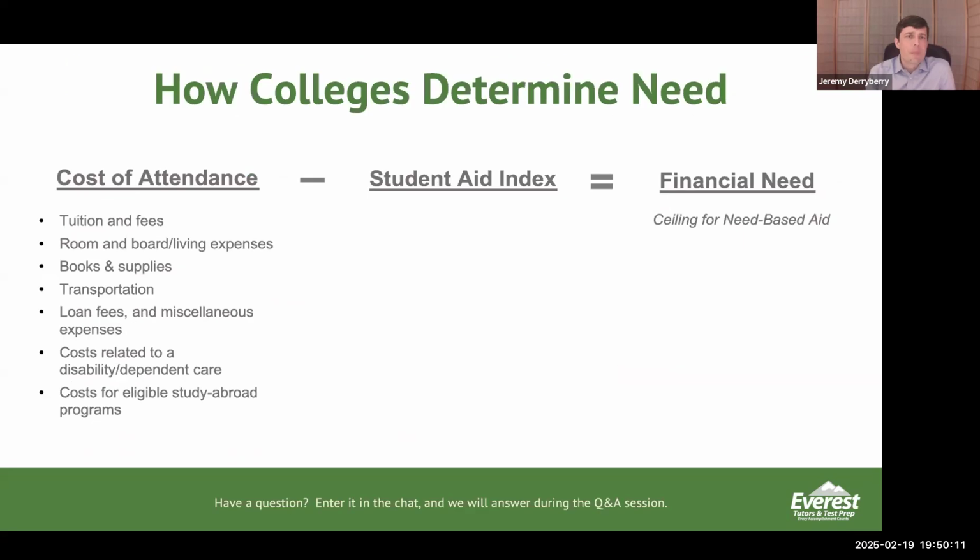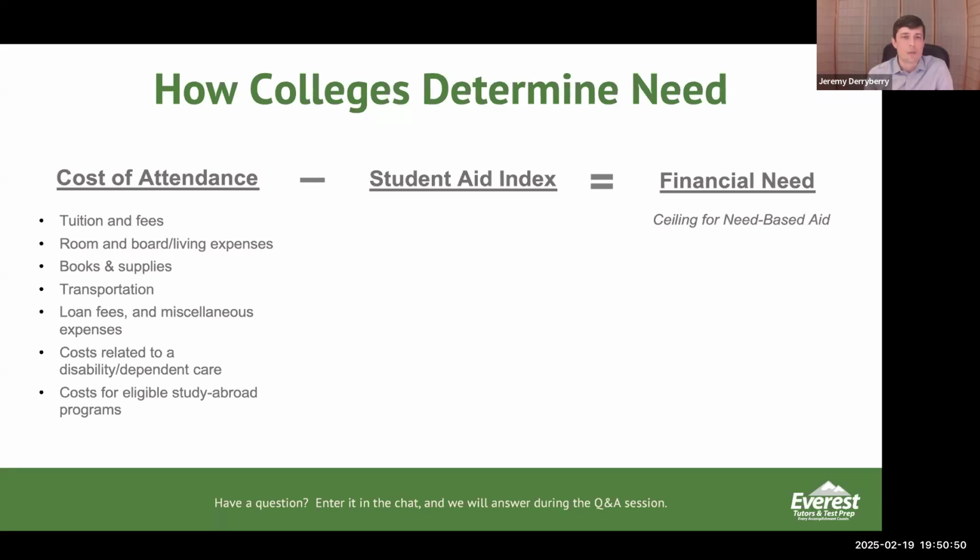So how do colleges determine need? You're going to hear a term called the cost of attendance. We talked about the list price earlier. Cost of attendance takes that and then adds everything else that the college thinks you might have to pay for your child to attend for a year. So it's tuition and fees, room and board. When you do the net price calculator, you're going to see something on transportation. They're going to make an estimate about how much it's going to cost for your kid to get back and forth to school every year. Loan fees, and other costs like disability and dependent care, and some other things.